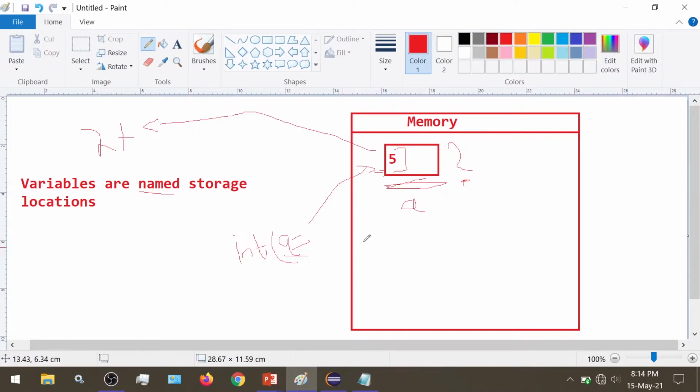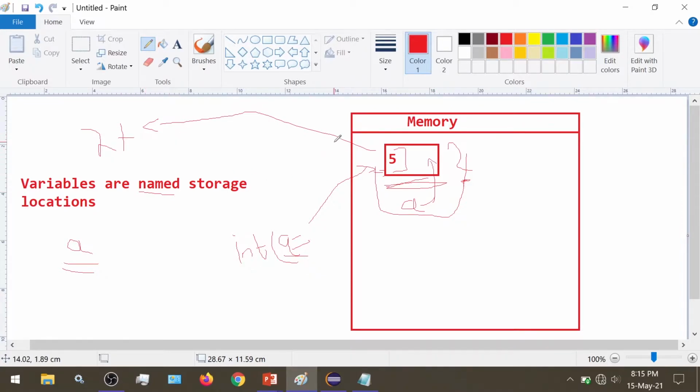So whenever we use a, our computer understands that we are trying to use a storage location with the name a. It goes inside its memory and searches for a storage location named a. When it finds it, it gives us its value.